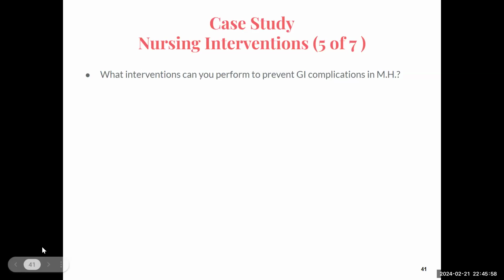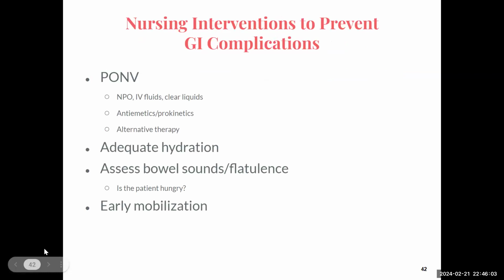So what are we going to do to prevent GI complications? Again, focused assessments, making sure we know what our orders are for medications that we can offer and give. Are we advancing their diet as tolerated? Are we going to go to clear liquids? Is there any other therapies that we can do? Making sure that they are hydrated. We're going to assess their bowel sounds. Are they hungry? If they're passing gas and they're hungry and they have bowel sounds, they're not nauseous, then maybe they could have a little something to eat or drink